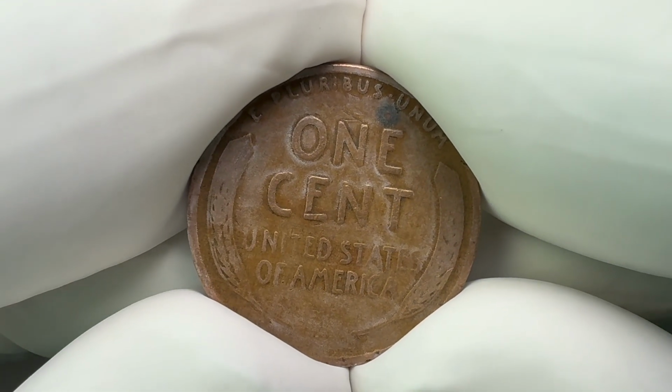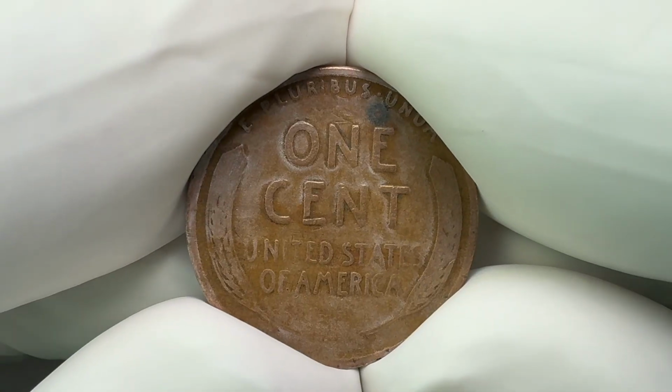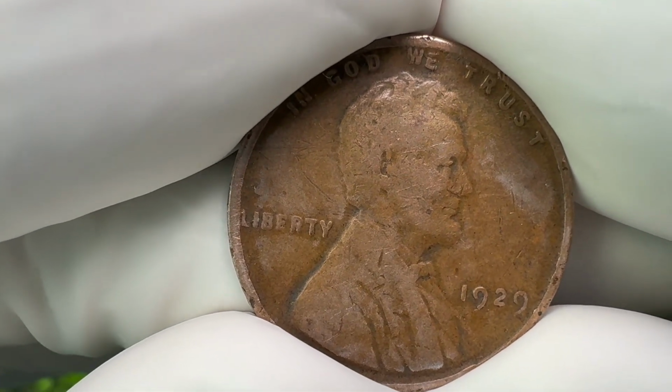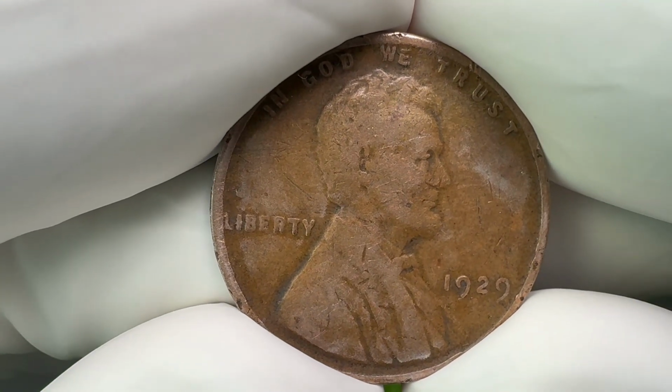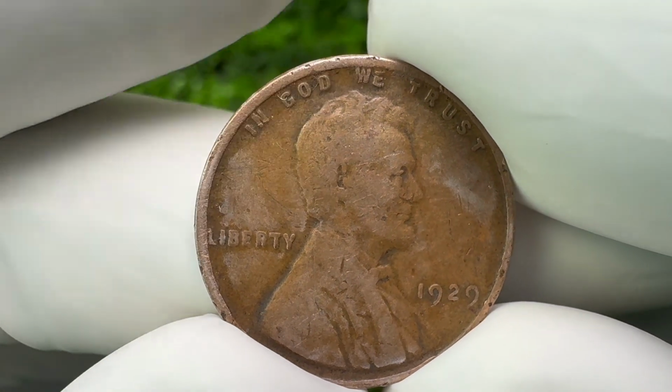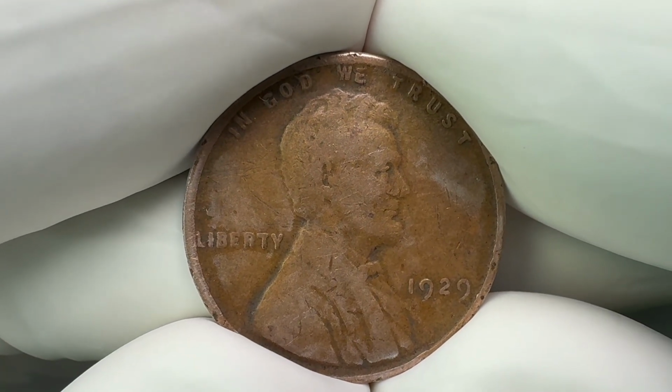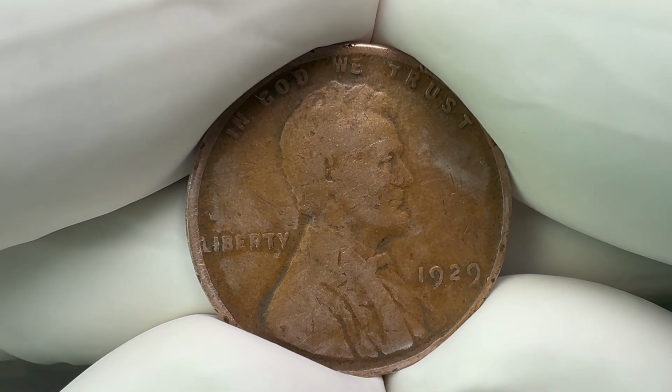The wheat penny design itself was still fairly new in 1929. It had first appeared in 1909 to celebrate the 100th anniversary of Abraham Lincoln's birth. Victor David Brenner designed the coin with Lincoln's portrait on the obverse and two simple wheat stalks on the reverse,